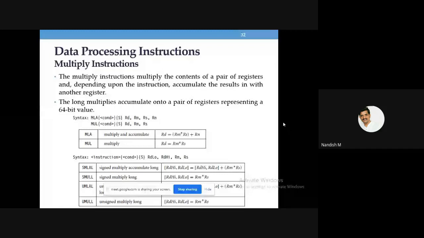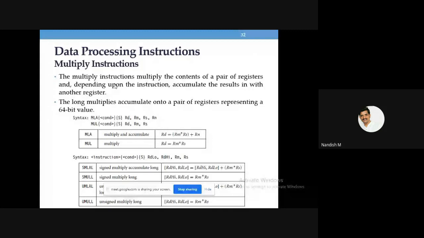For unsigned, you have one instruction. For signed, you have an instruction. It is just the same multiply and accumulate instruction. They are going to add S at the beginning, prefix signed, and L at the end means long. That we are going to add to these two instructions, MLA and MUL.